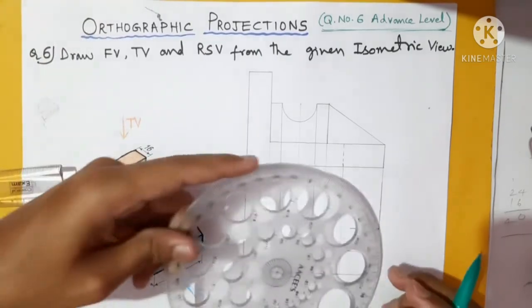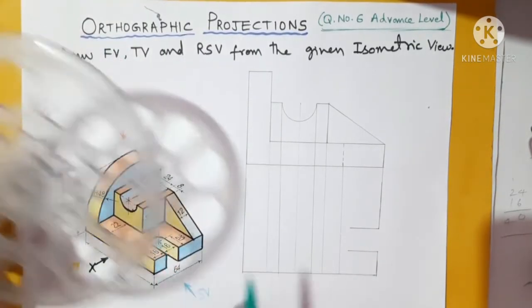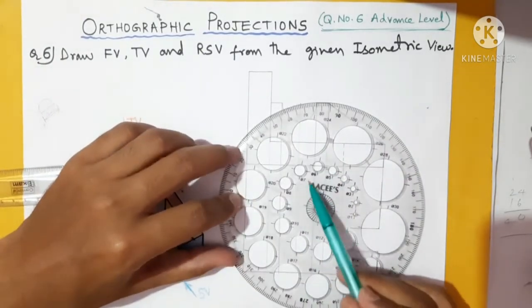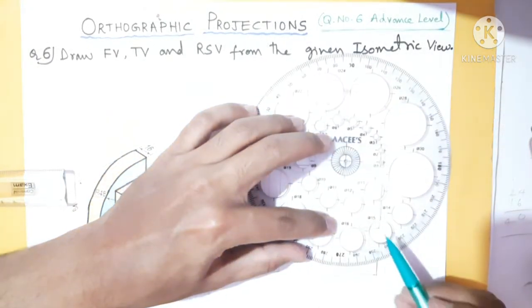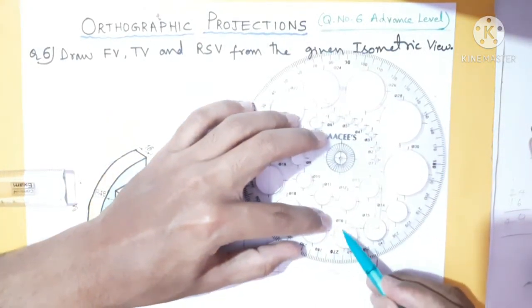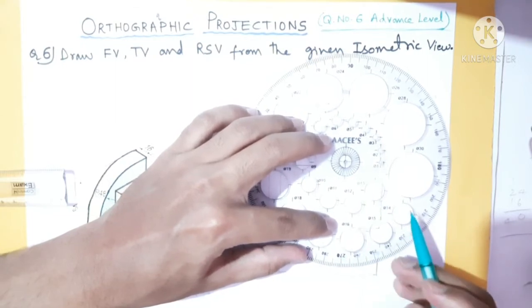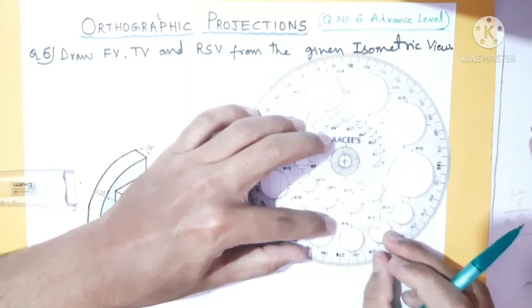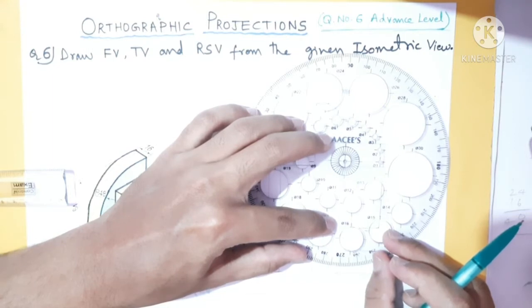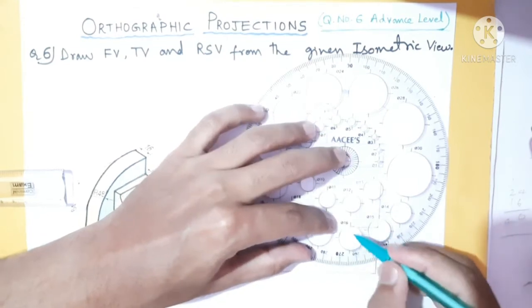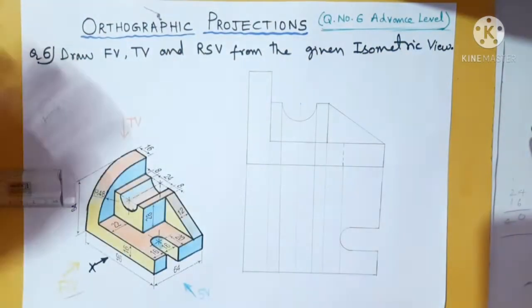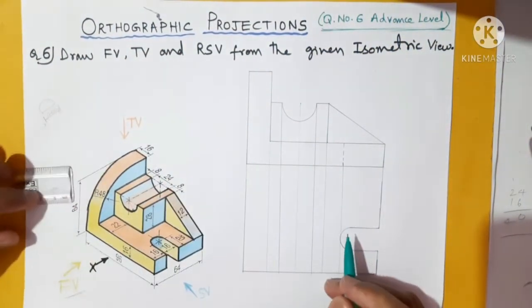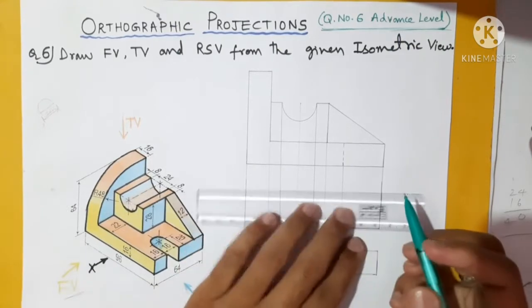20 depth we have taken from both the ends. So this diameter is how much? 16. So 16 hole is where? 7, 8, 9, 10, 11, 12, 13, 14. This is a 16 hole. Just keep it like this, aligning this line and this line, and it should touch as a tangent. So you have to be a little perfect in that. Some practice is required, otherwise you may make a mistake while aligning. Okay, like this we have constructed the arc. Then what you need to do afterwards, join this upper line which is here to here.